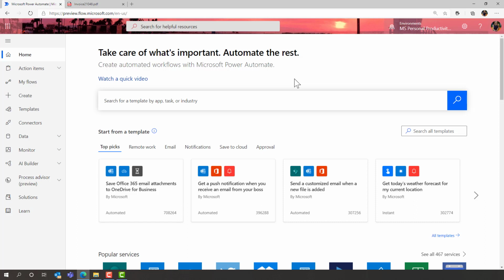Here I am in the Power Automate Studio. This is part of our Microsoft Power Platform, a software as a service offering for creating flows, apps, and also something I want to show you called AI Builder. So if I scroll down here and click on Build Model,